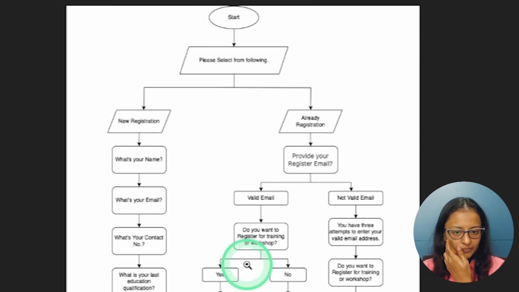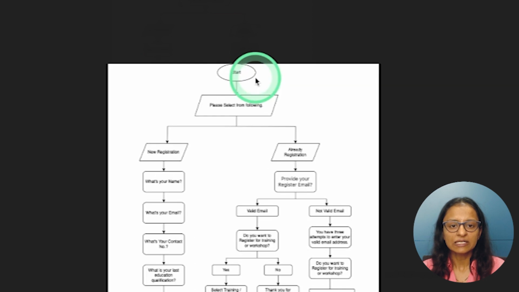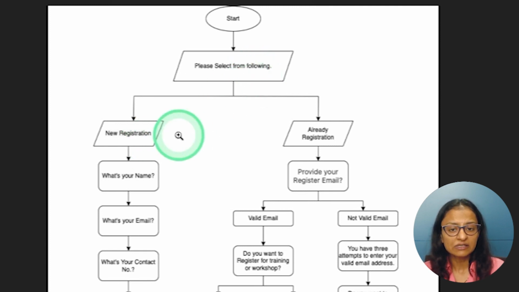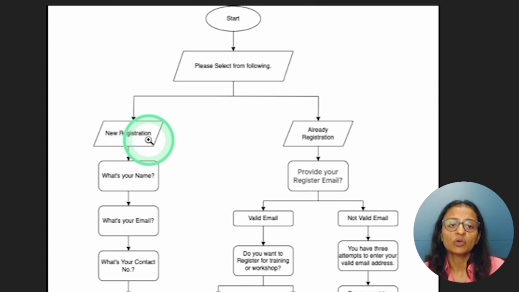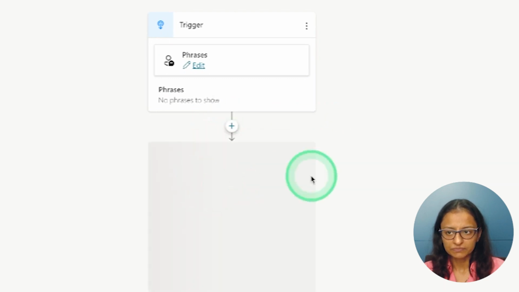So let me show you this picture. Now see, when you say hi or hello, the Copilot will ask these things to the students. The student needs to say whether they are registered or whether they are a new registration. So for that, I need to ask a question to the user. For that, I need to click on the plus sign and ask a question.